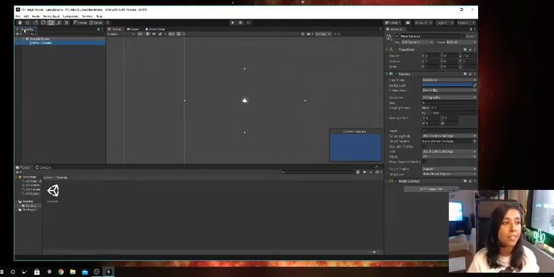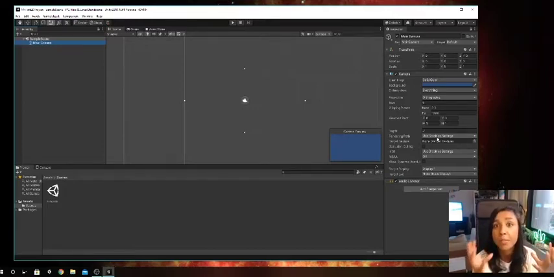this is what we call the scene hierarchy, or just the hierarchy. What this lets us see is all of the objects that exist within a scene. And then if we click on an object within that scene, we see info about it in what's called the inspector, which is this right-hand pane over here. Now, this is where I'm going to explain the building block of Unity and its whole paradigm and how it works, which is